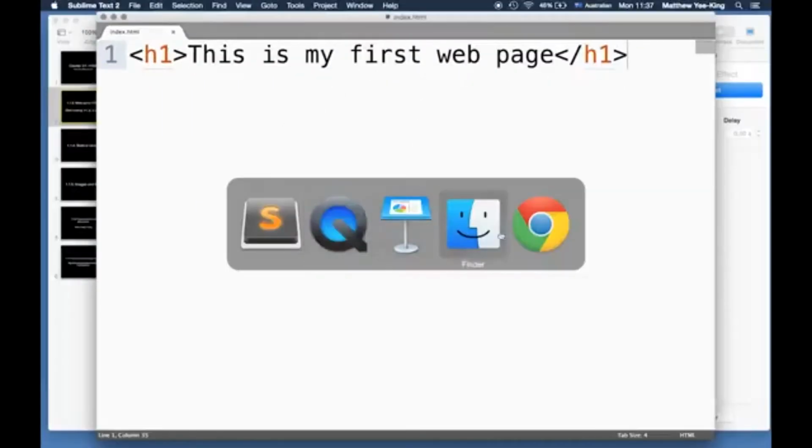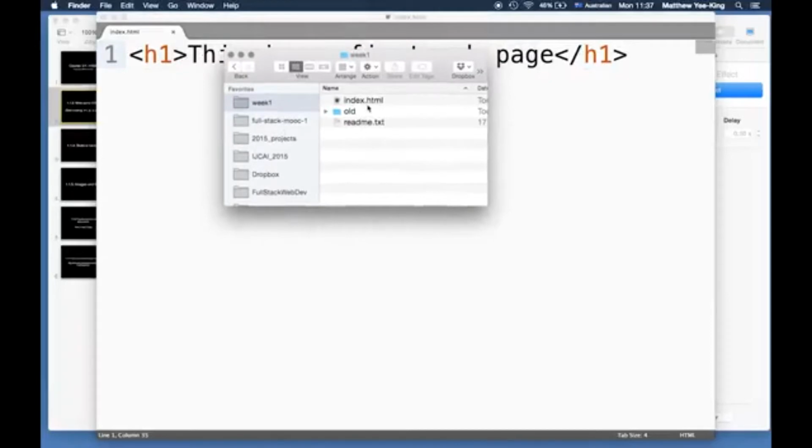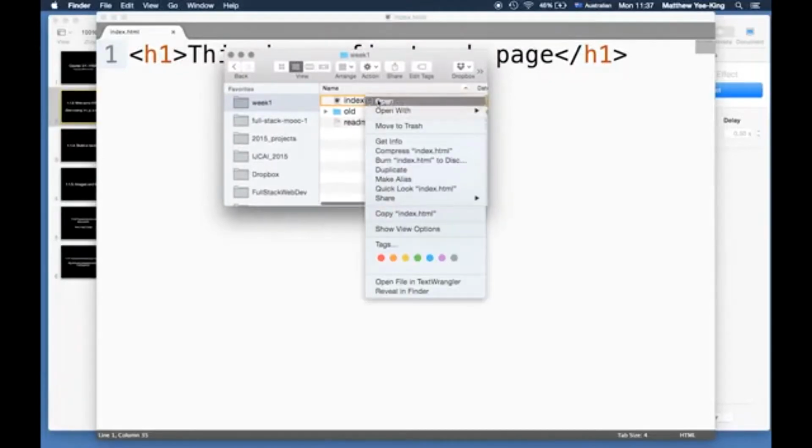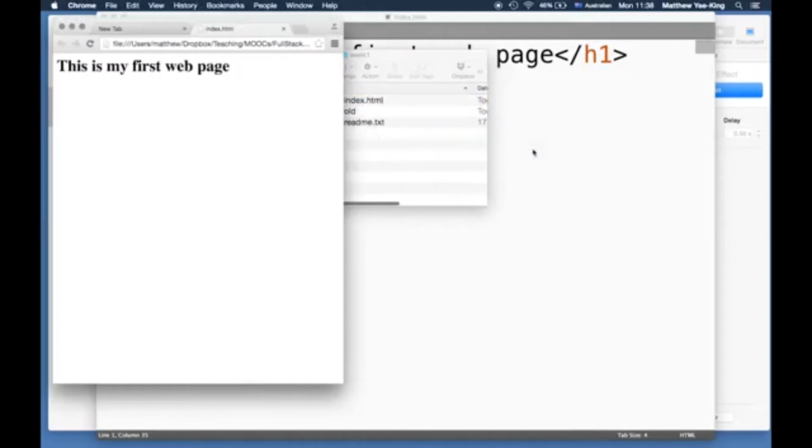And then I go into my file browser, which is here, and I browse to where that file is saved. And I right click on the file, and now I get to choose how I open it. So I've already got it open in Sublime Text, so I'm not going to edit it there. I actually want to view it in my web browser. So here it is. Here's my web browser, Google Chrome. So that's opened it, and